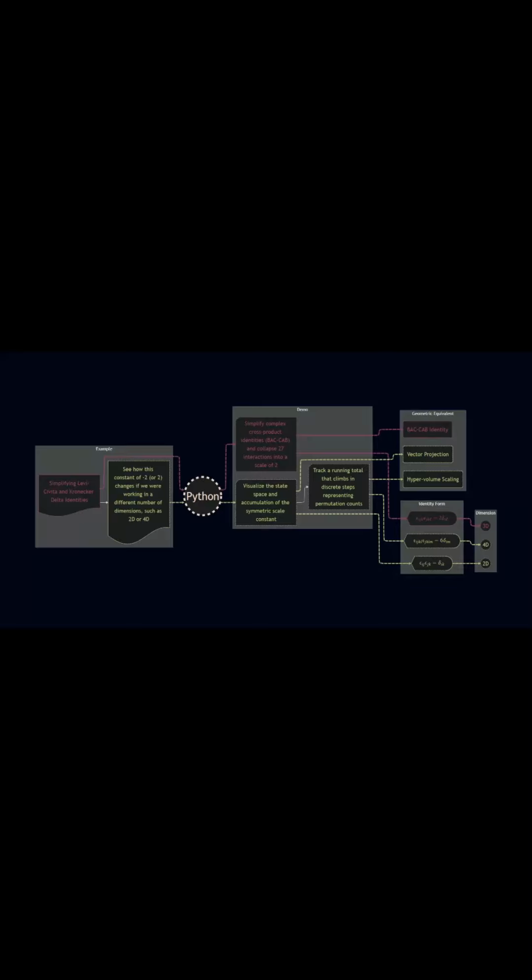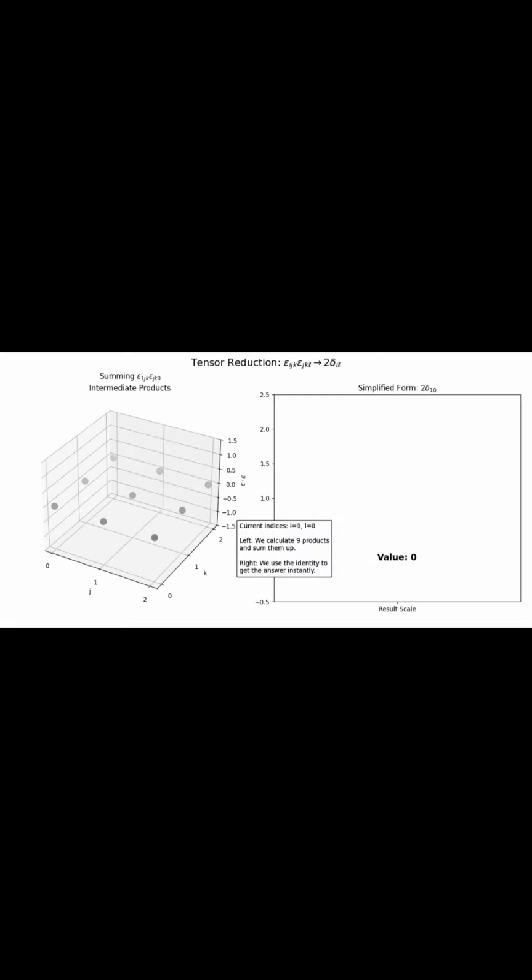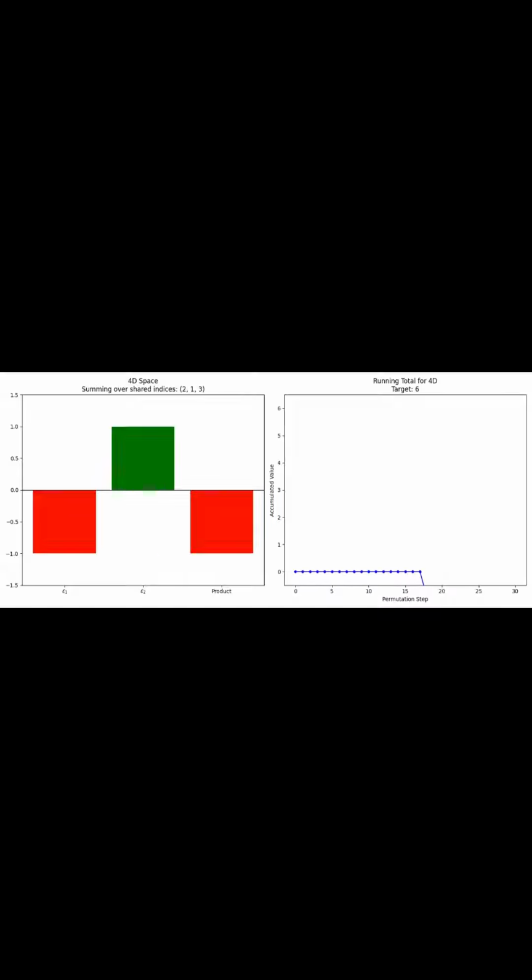This effectively restores symmetry to the problem, proving that what appeared to be a complex sequence of rotations is actually just a straightforward identity multiplied by a specific factor. The final value that the running total reaches is essentially a permutation counter. This number represents the degrees of freedom, or the various valid paths available for internal indices to arrange themselves without